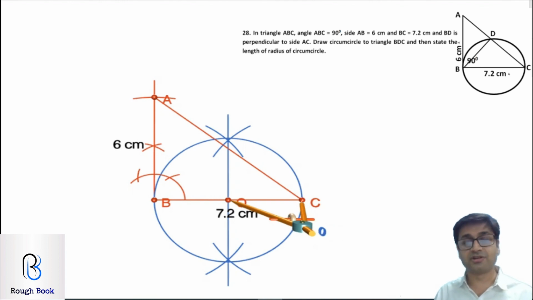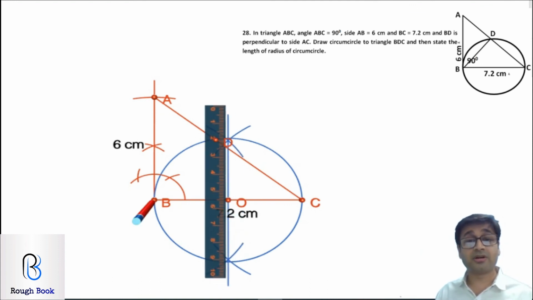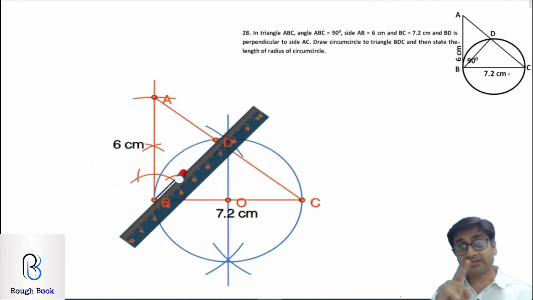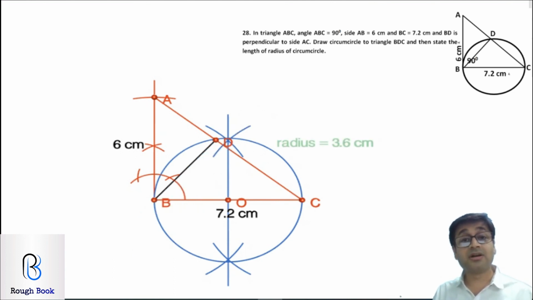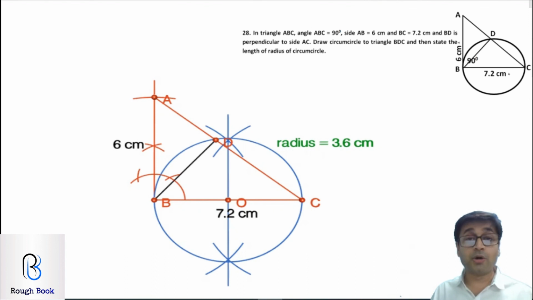So let's go and finish it. Plot that point as point D like that. Join it with BD and that's it with your constructions. But there is something left here. They've already told you to measure the radius of the circle. If you forgot to write that, you lost 1 mark. That's what your answer should be right on top. Can you see? 3.6. I hope you enjoyed constructions with me, and I have tried to make it as simple as possible with the help of this computer.